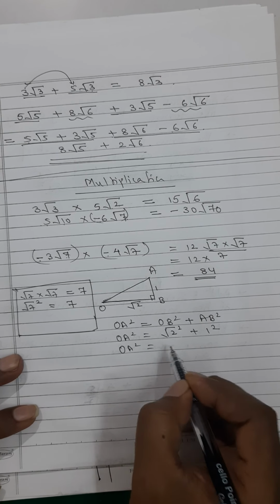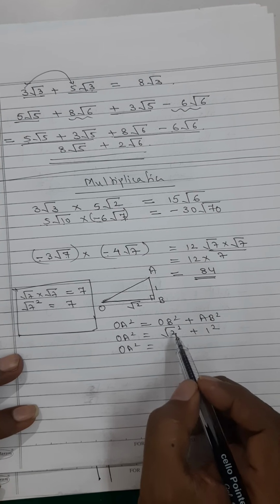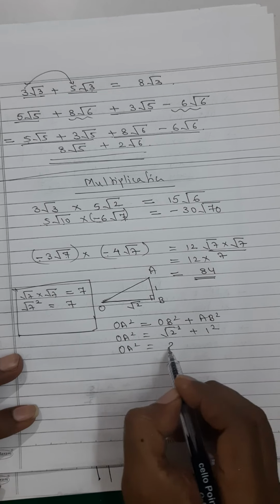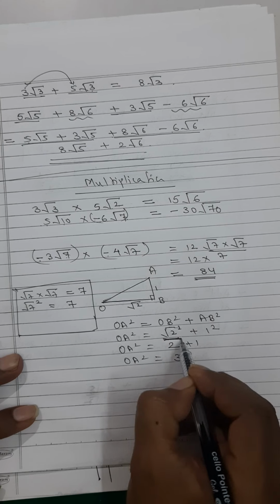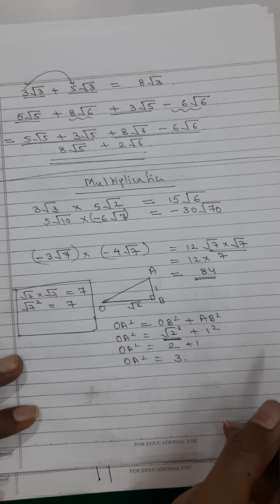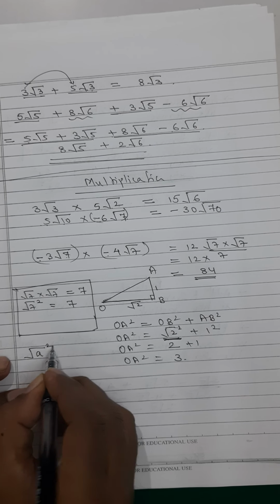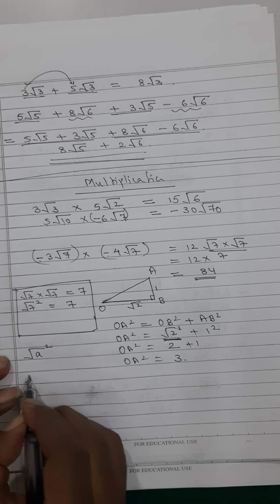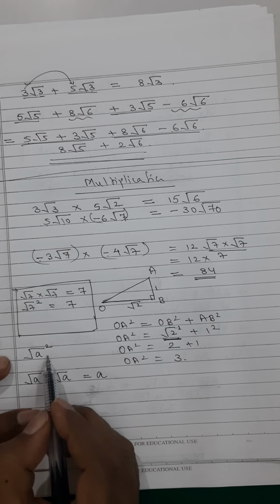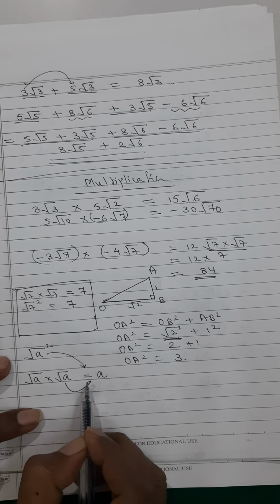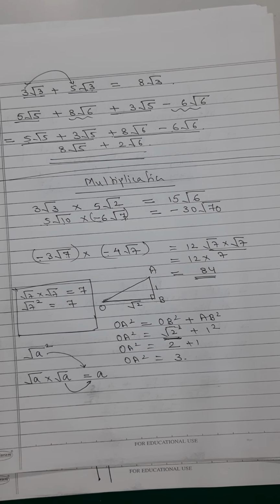So here I can write this. Now here root 2 square, radical and square both come together, then radical and square both vanish off and you get only 2 plus 1. So you get OA square is equal to 3. See, this is what I want to bring to your notice or explain to you. Both mean the same. Supposing I have got root A square. Root A square means basically I am getting root A into root A and this is going to be A. See, this root A square will give me this and root A into root A will also give me this. These both mean the same and this is going to be your answer.